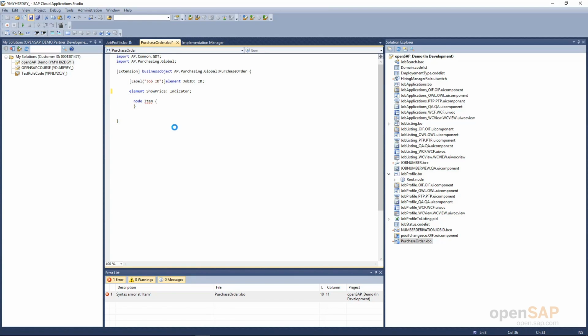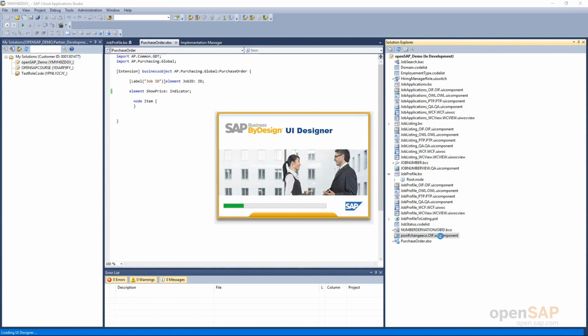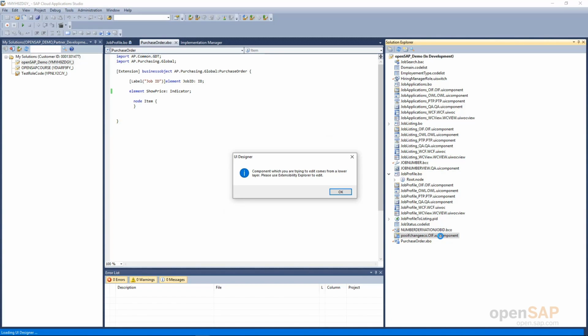Once it is saved, I will go and activate it, and once it is active I will be able to use this indicator on my UI. So, now it is active. Let us jump into the purchase order OIF XUI component which we did in the last unit, and here once the screen is launched we will go to the section where we have the net value appearing on the UI and we will hide that